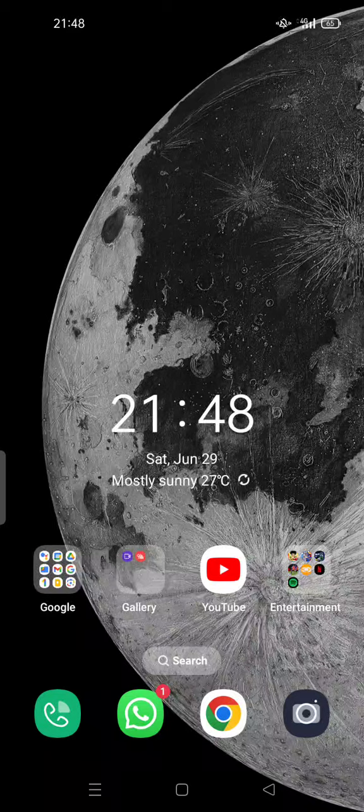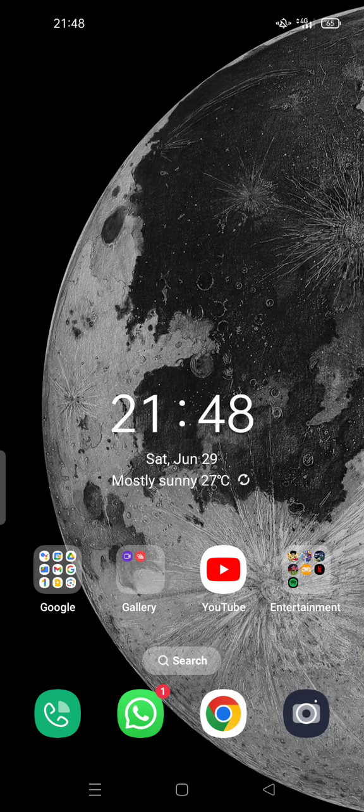Today I'm going to show you how to fix a stuck and frozen Android phone screen. If you have a problem with your Android phone screen getting stuck, usually the culprit is that your storage is full, so your phone doesn't work properly. All you have to do when it's stuck is a hard reset. Just hold the power button and volume down button, so your phone will